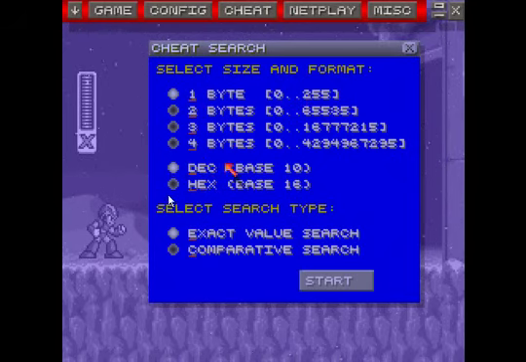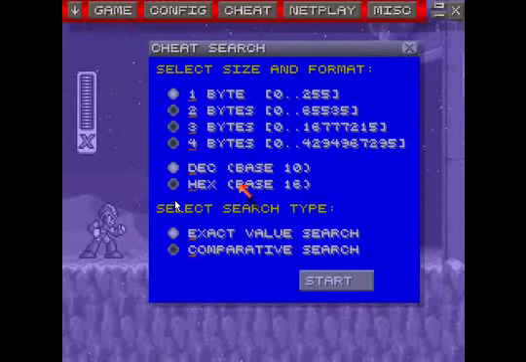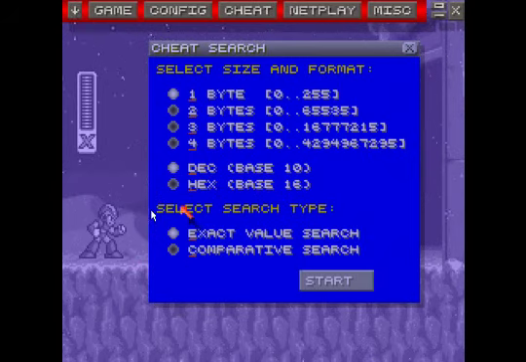Dec and hex, that's for whatever base you're in. Most games are in base 10. I have seen a couple in hexadecimal, but I tend not to mess with them too much. And so those are the two basic ones. You're almost always going to use 1 byte in dec, the decimal system. And these two things,